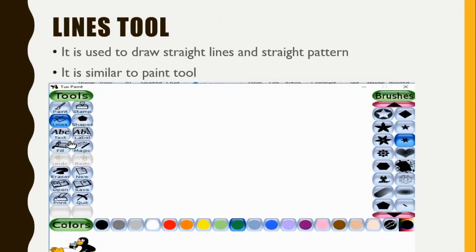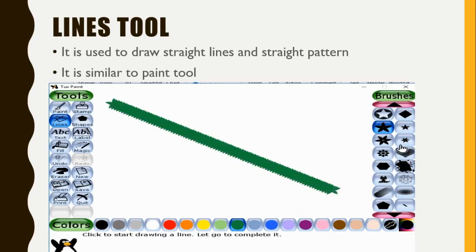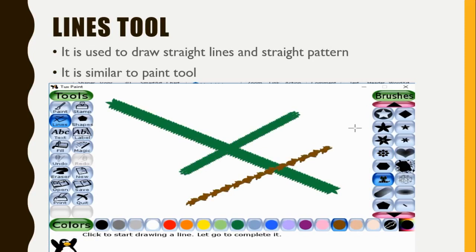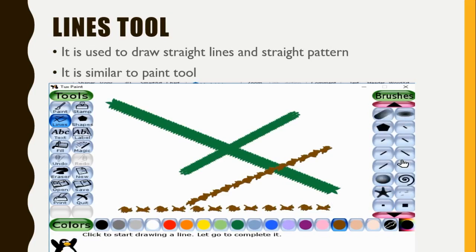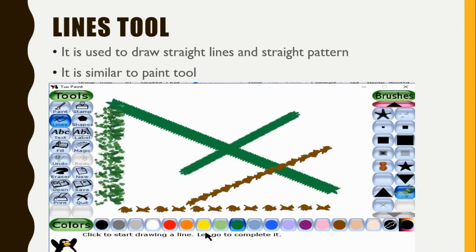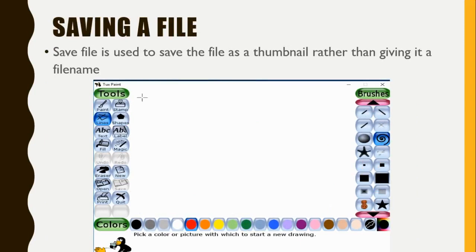Now here it is a line tool. Line tool, you can say brush is free form, meaning you can move the brush anywhere, any way. Line, in that you will go with the straight line or maybe a curved line like that. So you can see I have taken different colors and with that different sub tools, the sub tools of the lines. With that I am going with different tools of it and see the pattern it is going on. Okay, now the next we will go, that is saving a file.